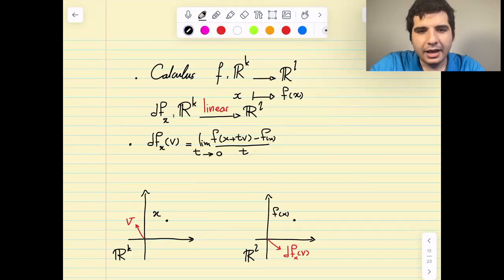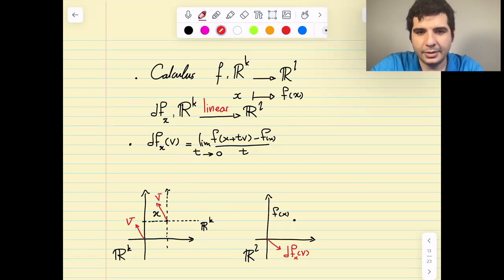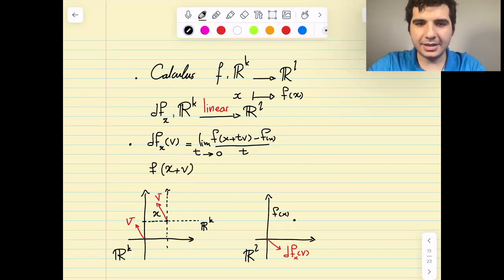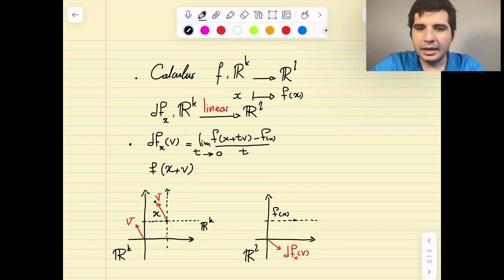Okay, let's move R^k so that it is based at the point x. Now the origin is x, so we just moved R^k so it's based at the point x. Let's also move the vector v so it starts from the point x. So where is the point x plus v? It is this black dot, where the terminal point of v is pointing. Let's do the same thing on the target space. Let's move R^l so it's based at f of x, and also let's move the vector df_x of v